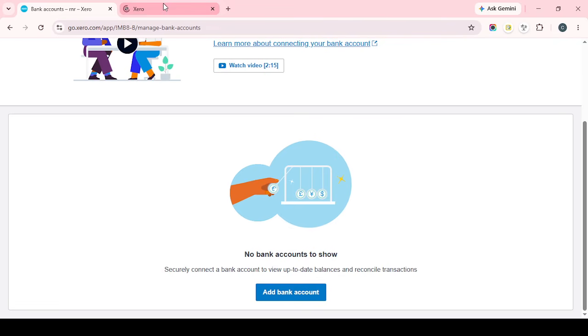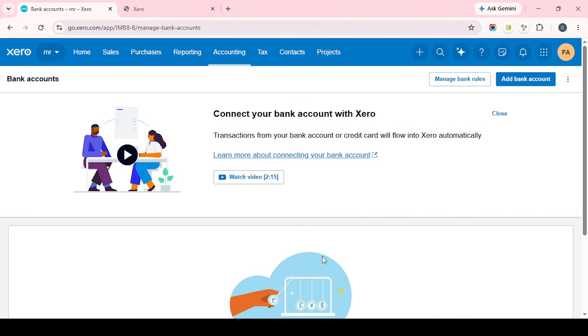Before you finish, it's a good idea to confirm that the newly added credit card appears in your bank accounts list. That quick check helps ensure the account was created successfully and that the feed setup has gone through as